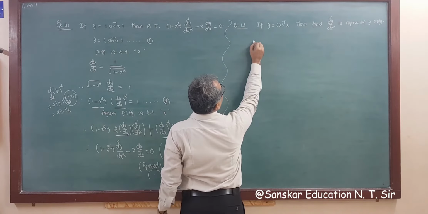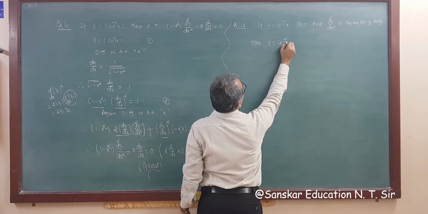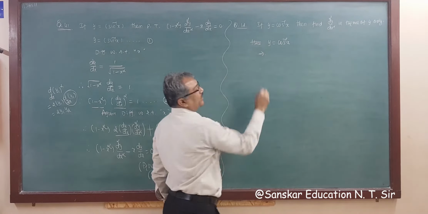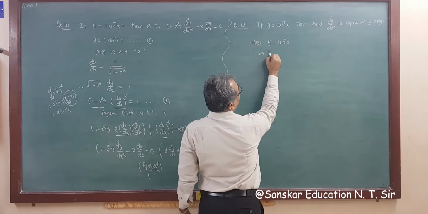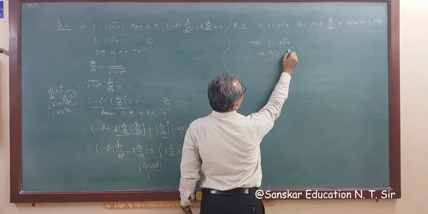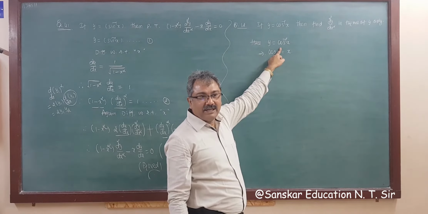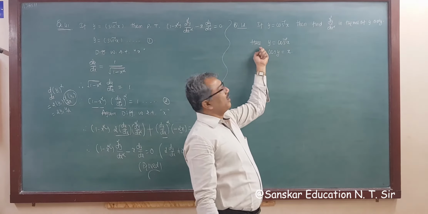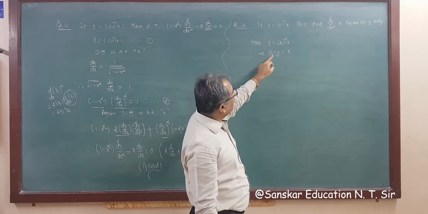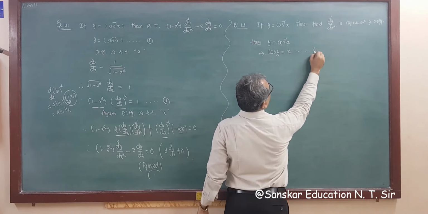So given here is y is equal to cos inverse x. So can I multiply both sides by cos? What we get? Cos y is equal to x. We learned this in the second chapter, ITF, inverse trigonometric function, right? So x is equal to cos y. Now differentiating this function, right? So this is result number 1.